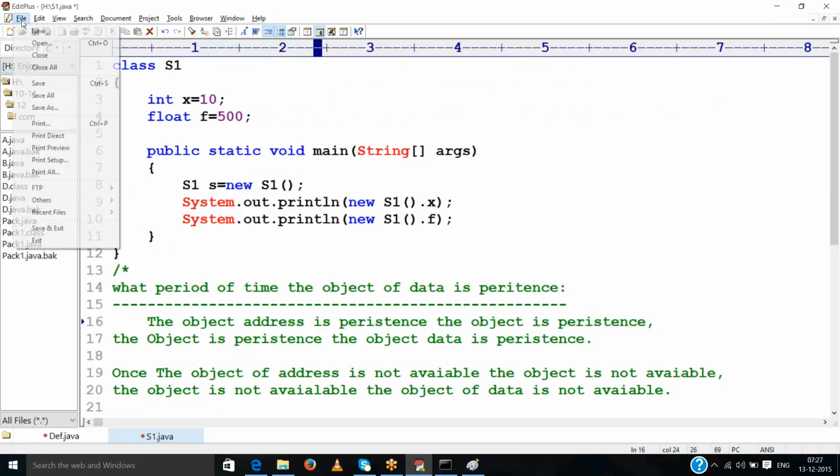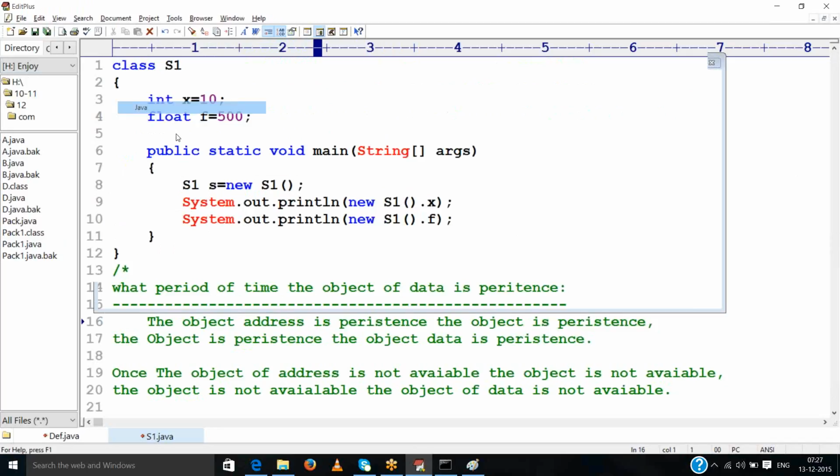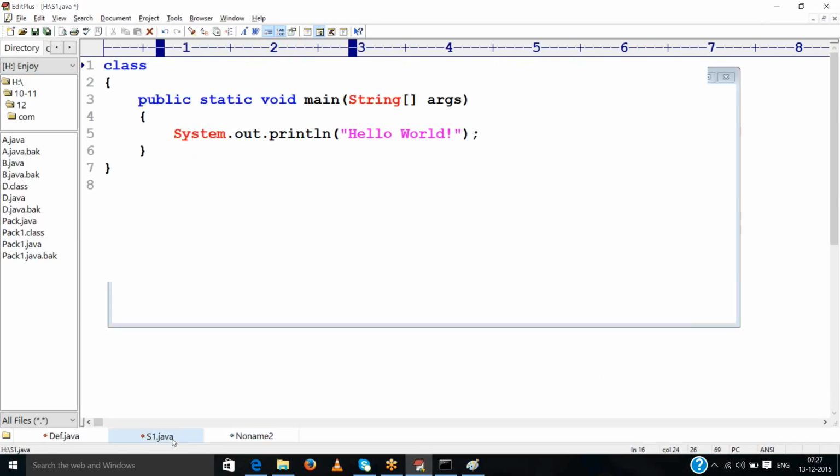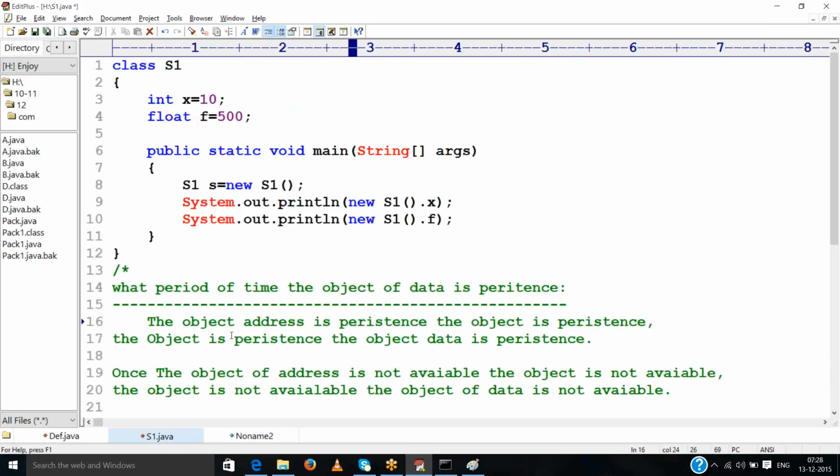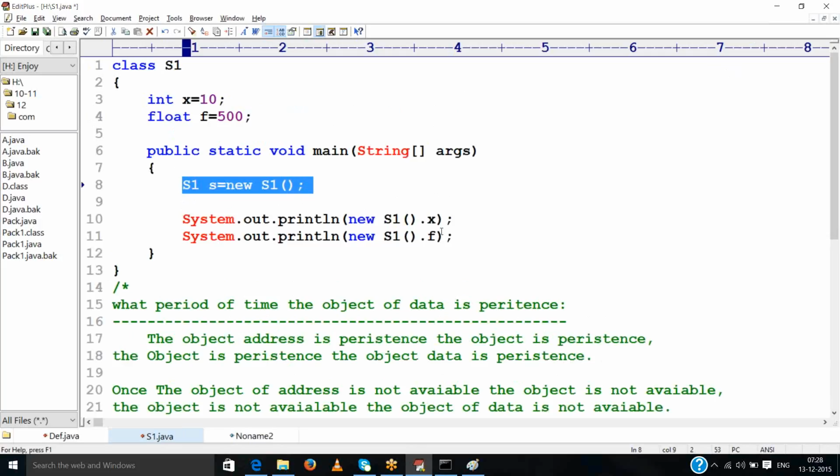Tell me. Okay, tell me, Samit. If we take S1 s is equal to new S1, we are giving the address to the object, right? That is, we are assigning an address to the object. What is the line number? Line number 8. Okay, yes, tell me. So this is where we are giving the address to the object, right? Yes. Okay, if we take this out, and we run the command prompt,